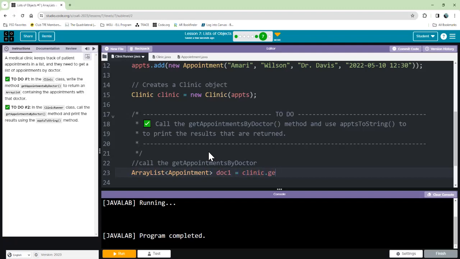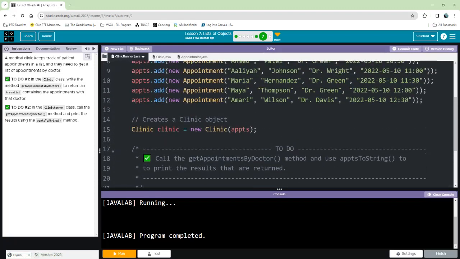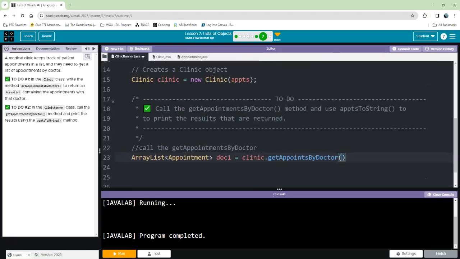And let's go ahead and use the get appointments by doctor. And there is a parameter for get appointments by doctor, which is string doctor find. So I need to put in the doctor's name. Let's look up Dr. Davis. All right, so I'm going to look up Dr. Davis. So anything that's related to Dr. Davis is going to get stored in this new array list appointment, doc1. And then we're going to go ahead and print the results, right? So now it's called. Now I need to go ahead and print that